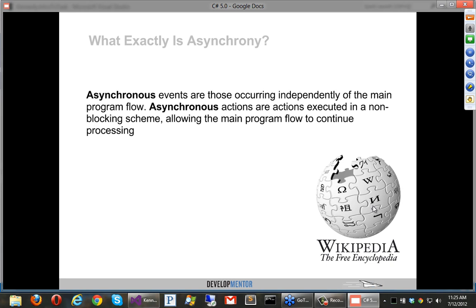So nowhere in this definition do you see threads. And you're going to see that C#5 actually supports a single threaded type of parallelism. And there's a lot of advantages in GUI-based applications for that. And then it also supports creating background threads and using the thread pool and all those kinds of things.